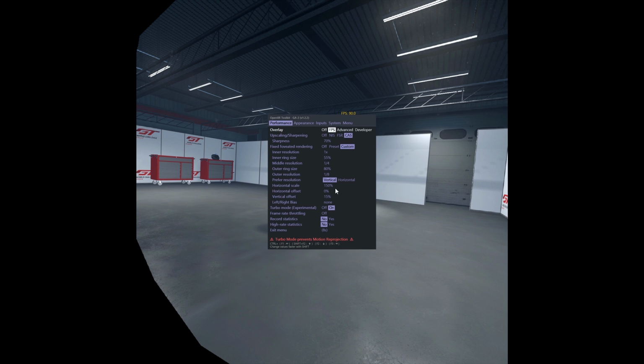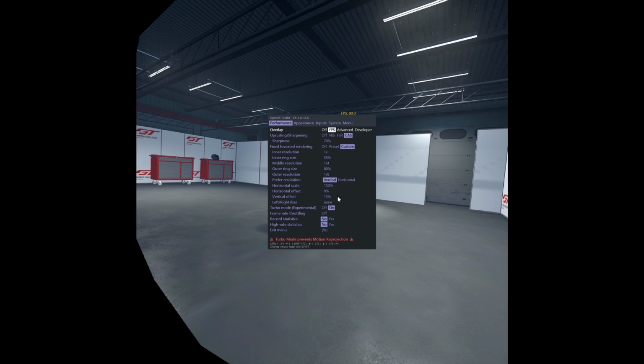Horizontal offset of the center of the rings we leave at 0% since we're looking straight out of our cockpit in the car. However, we're shifting the vertical offset up by plus 15% so that the center of the high resolution rings is where we are looking out of the window of the car in the cockpit and not so much focused on the dashboard.